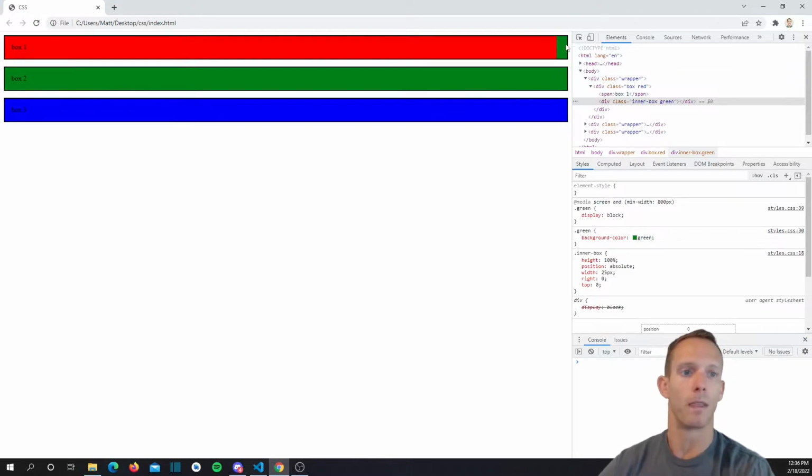And so this, right here, would be how we would do it if we wanted to have an image or something displayed on the right-hand side. You could relatively position the container box, and then the child itself could be absolutely positioned and be contained over here. Now, what would be kind of cool is you can create really neat effects where all of a sudden, let's say we wanted to,